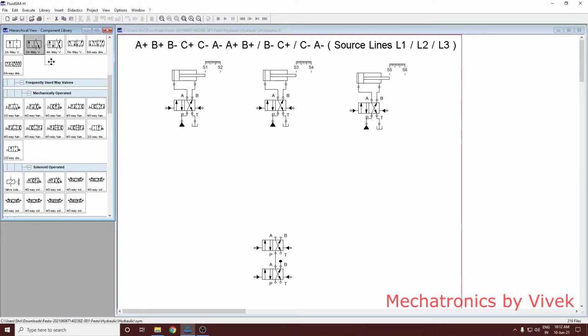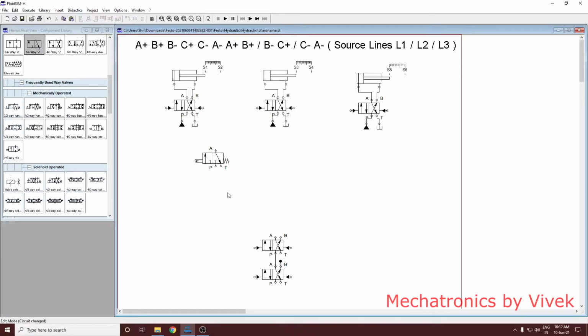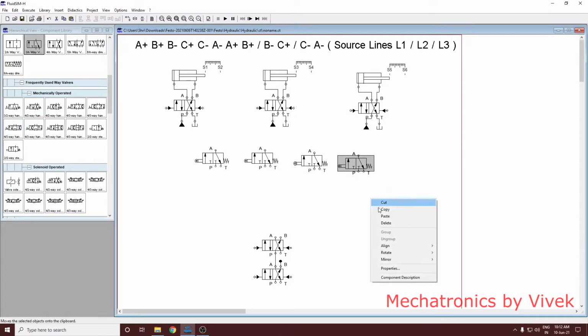Let's take a 3x2 valve as a limiting valve. So this is to be made mechanical, in fact, so we'll make it roller actuated, spring return. Okay, so this is one valve. Now you can replicate this, number of copies required as per that you go on making the valves. You will need 6 of such valves. Okay, that is why we are doing this exercise.